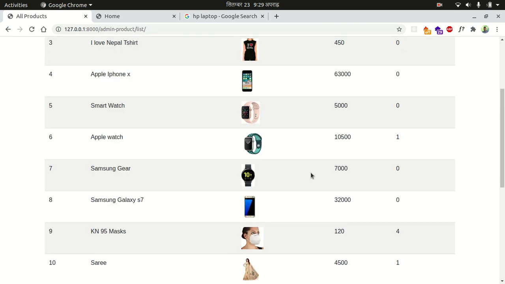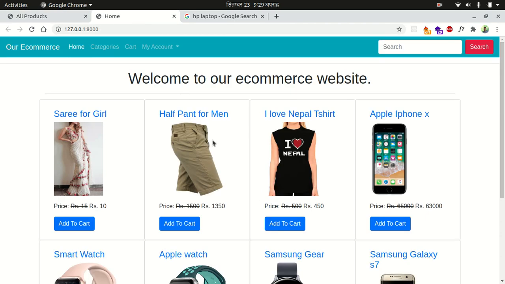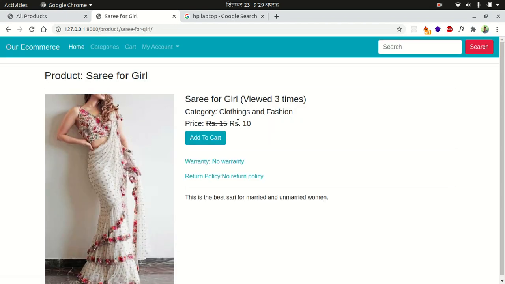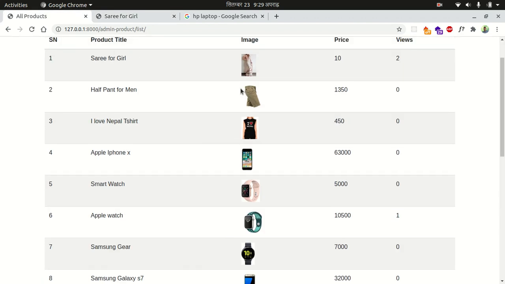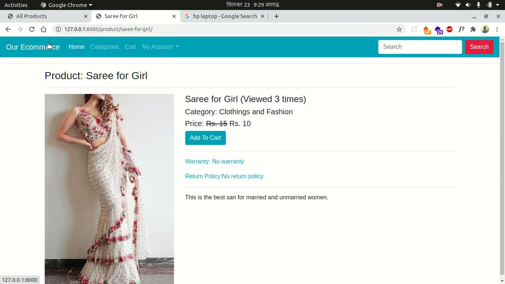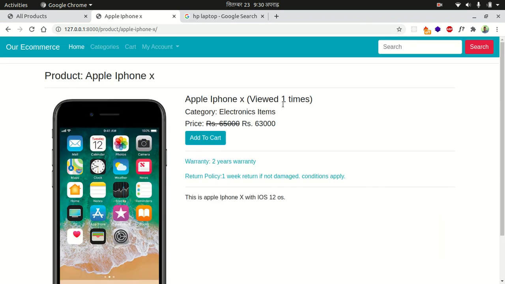viewed 2 times, K95 max is viewed 4 times. So let's check if it's working or not. If you go for sari now, at first sari was viewed 2 times. Now if you refresh the page, sari is viewed 3 times. Okay, so it's working. If you go for another product, Apple iPhone X, and it's viewed just 1 time, so